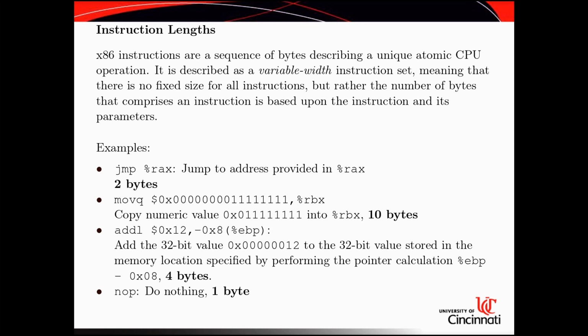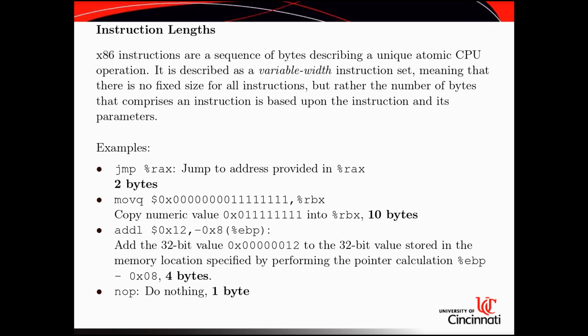So what this means is add the 32-bit value 12, or 12 hex, which is 18, to the 32-bit value stored in the memory location. So it means that it wants you first to find out what number is in the EBP register,